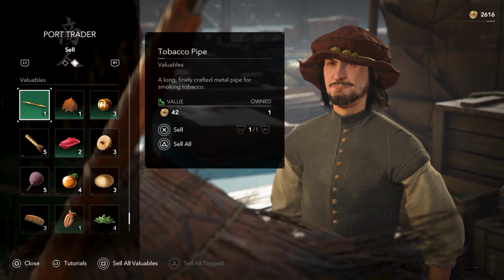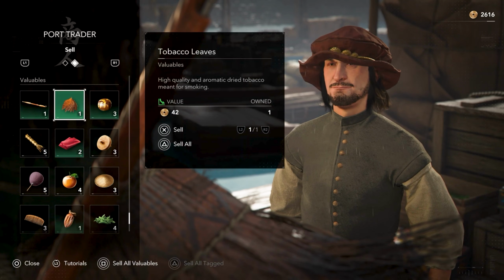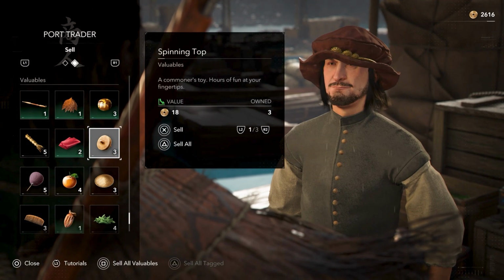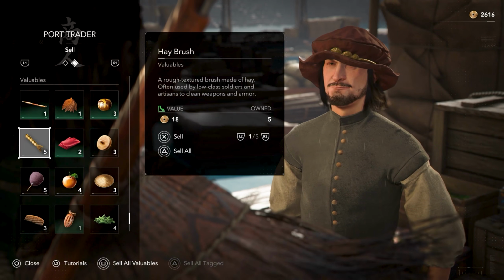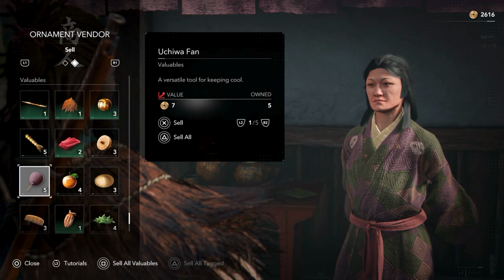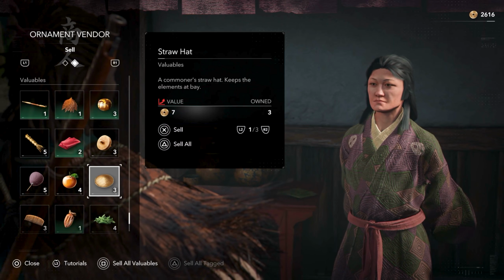Now, after all that exploring and collecting, you're eventually gonna wanna sell off all those valuables you picked up. And if you want the most coins for them, you gotta head to the port traders. They always pay more. These Portuguese traders down at the ports pay way better prices than local vendors. So don't go handing off your valuables to the first vendor you see. Bring them to a trader by the docks or in a port town, and you will get a lot more